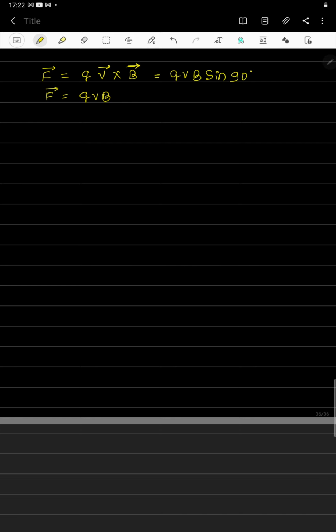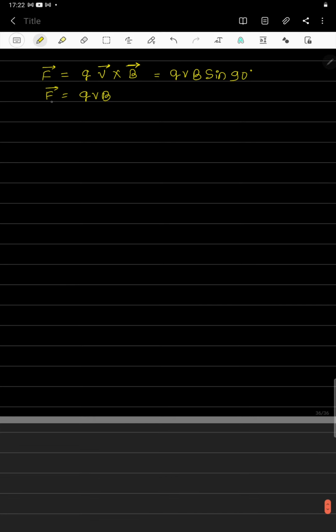As the charged particle is moving in the circular path, the Lorentz force is balanced by the centripetal force. So from this we can write qvB, which is the expression for the Lorentz force, equal to the centripetal force, and the formula for that is mv² divided by R, where R is the radius of the circular path. Then the equation we can write is qvB = mv²/R.